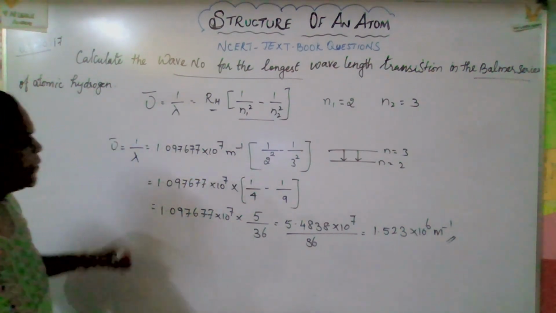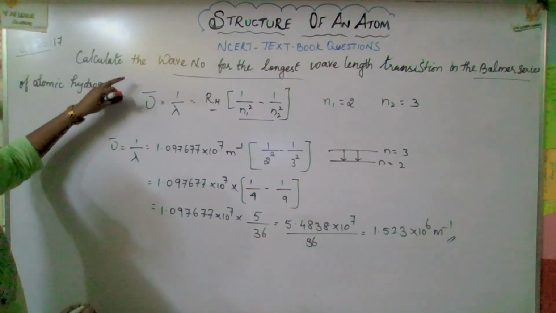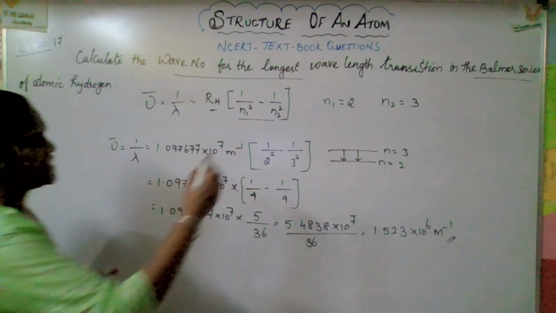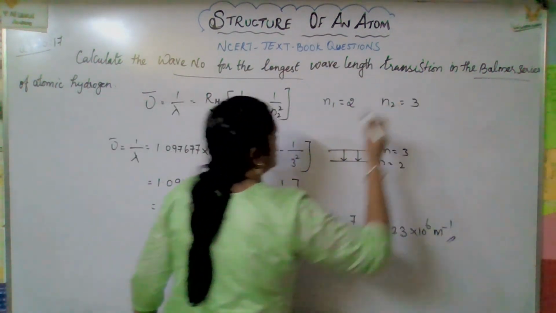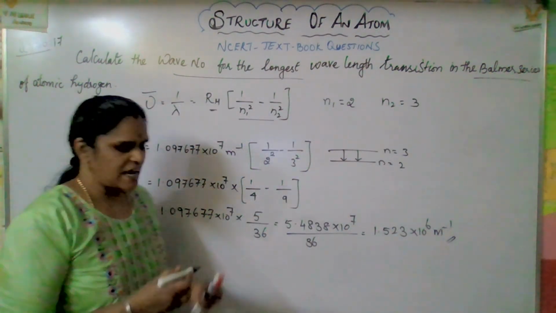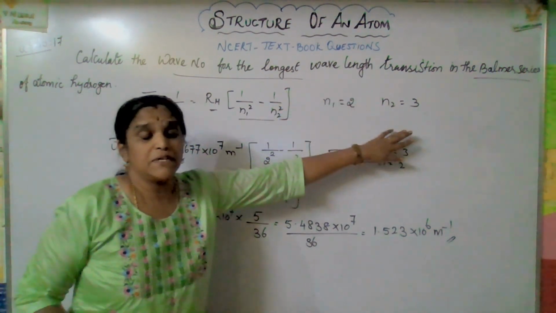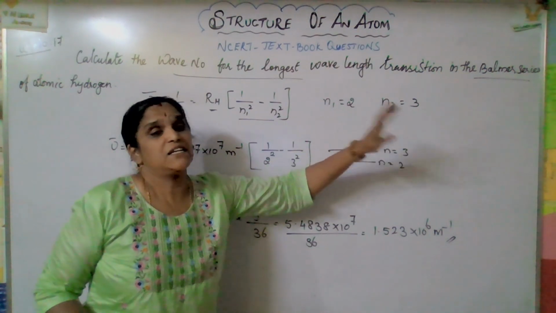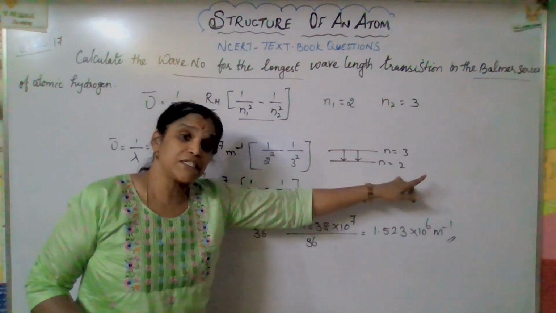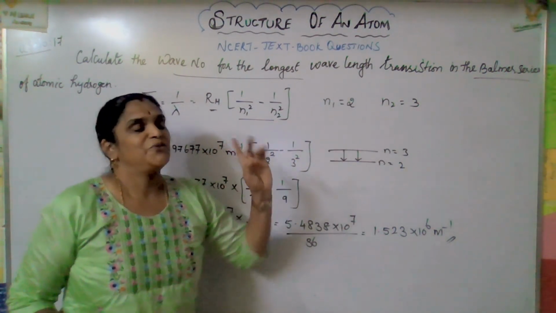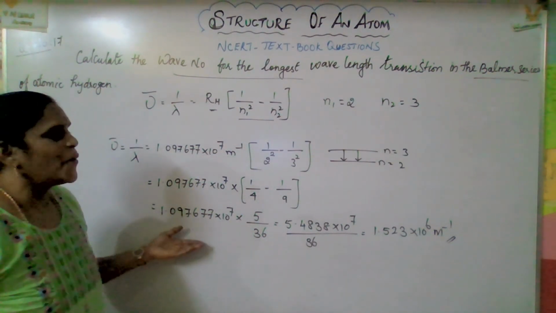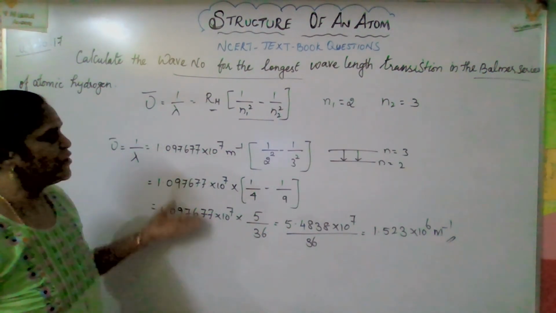Okay, I hope you got a clear idea. See, they are asking such kind of question also. See, suddenly they mentioned Balmer series. Balmer series means the second line. Now you just check the same question instead of Balmer series, some other series, you just check it with first n equal to 1. You just check the answer. Okay, hope you got an idea how to find out the answer.